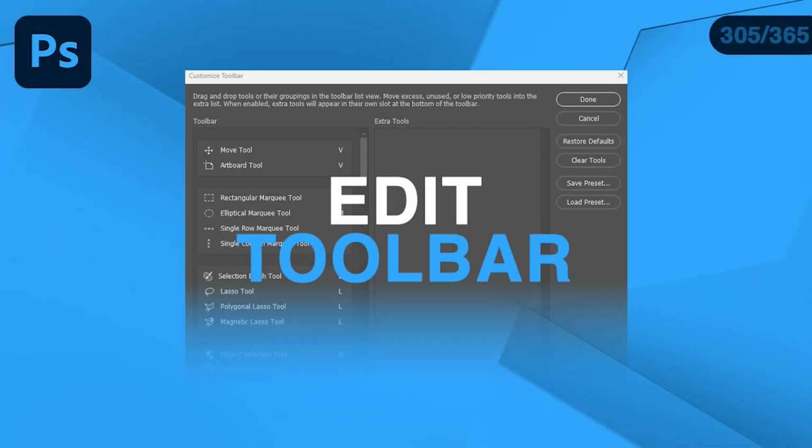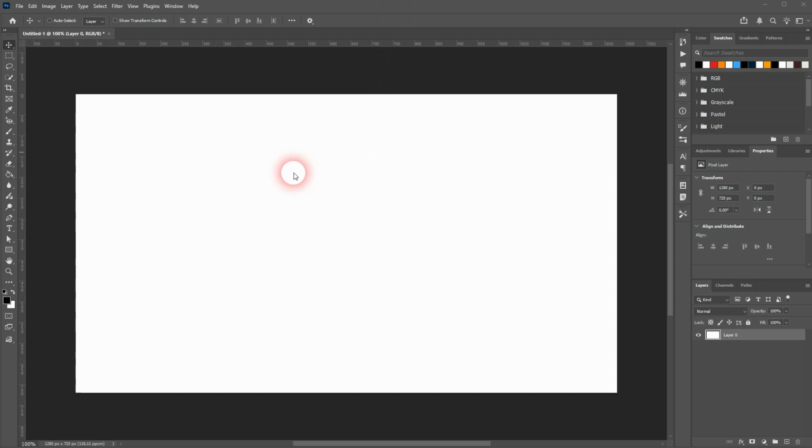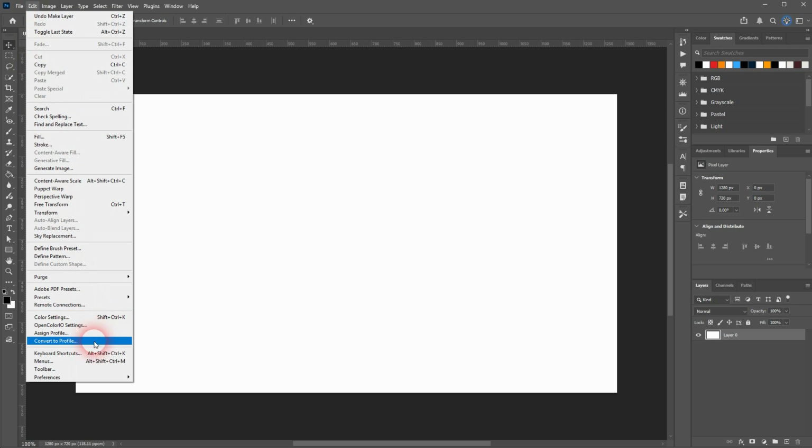Let me show you how you can add the toolbar. You've certainly noticed these three dots right here. And if you click on it, nothing should happen, at least not when you have the default layout active in Photoshop and you haven't messed around with the toolbar yet. But if you adjust it under Edit Toolbar,